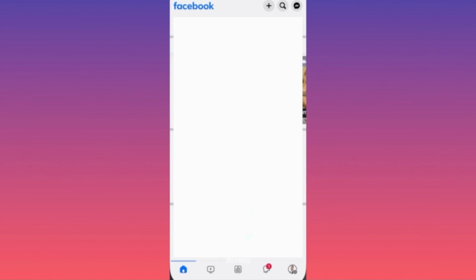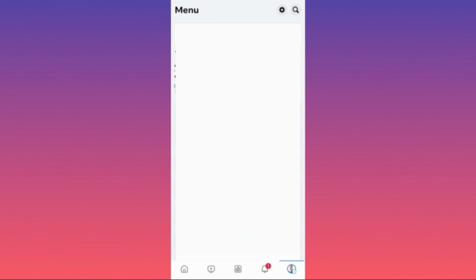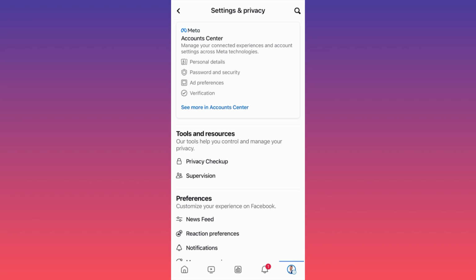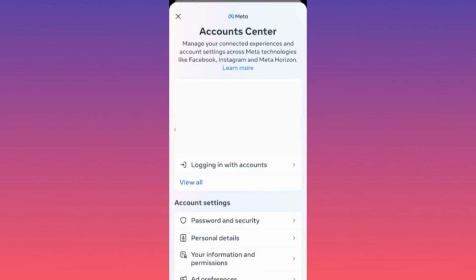You click on it. Then when you have the launch menu over here, you want to head to the top and click on the gear icon, top right corner. After the gear icon is clicked, you want to find yourself to the account center over here. You want to click on the account center, and the next step will be simply heading towards account settings and